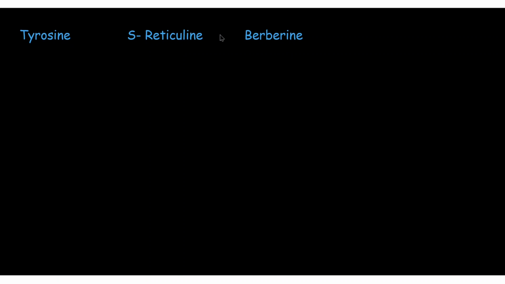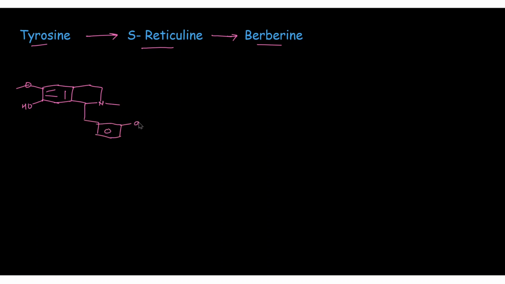Next we will see the biogenesis of berberine from tyrosine. Now we will start directly from S-reticuline, because we already saw the biogenesis of S-reticuline from tyrosine. So first, the structure of S-reticuline. So in first step, oxidation of this tertiary amine takes place, giving an iminium ion, by using FAD and O2, and we get